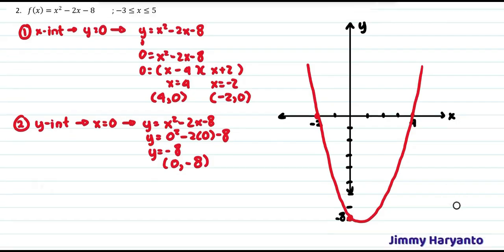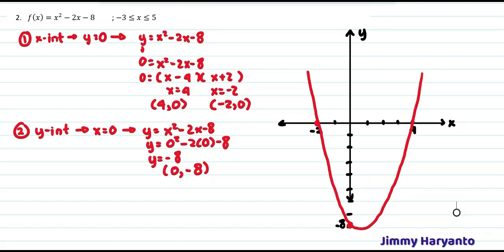Okay, this is our second example question to draw a graph. Oh, my bad, we are not finished yet. We have to draw it starting from negative 3. So negative 3 is right here, around that. Oh no, I'm doing it wrong. It's not straight. Okay, so we will start from here until 5. Maybe 5 is right here. That means we have to draw it like that. There you go. This is our sketch for the second one.